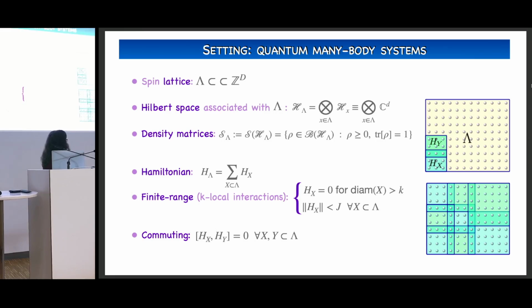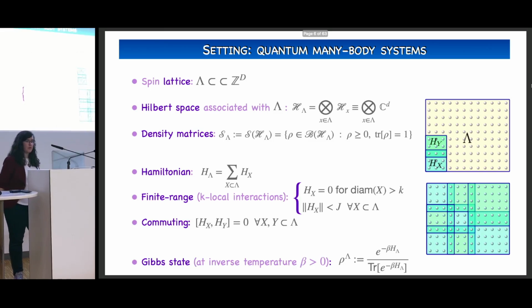Let me just say that, of course, when we have one interaction here and one interaction here that don't overlap, this condition is totally trivial. But when these patches overlap, this is highly non-trivial and highly restrictive, but nevertheless is something that we have to assume in some cases. Okay, so this is the bare setting we are starting with.